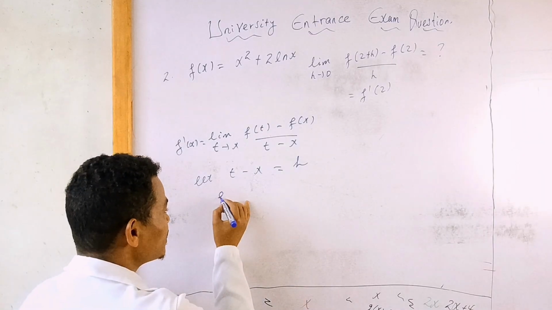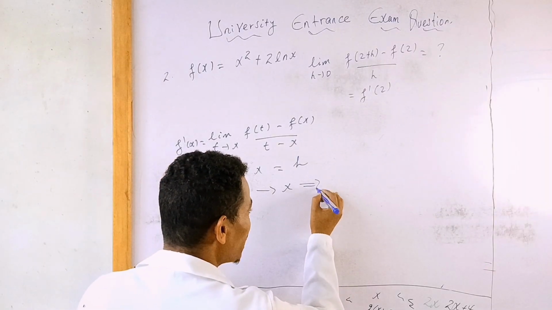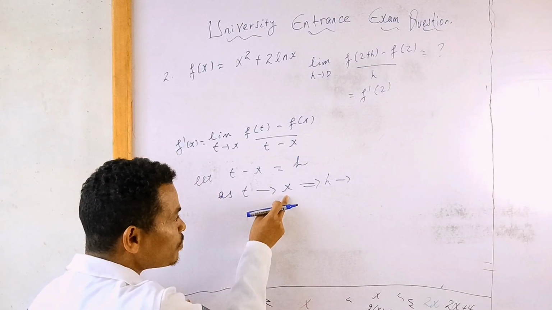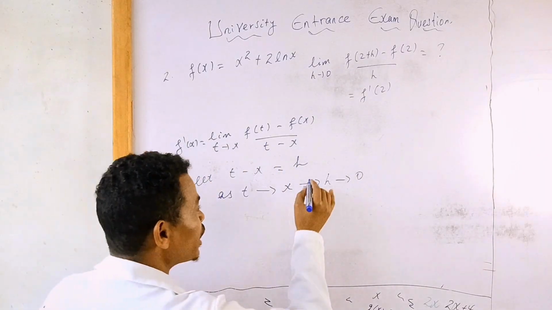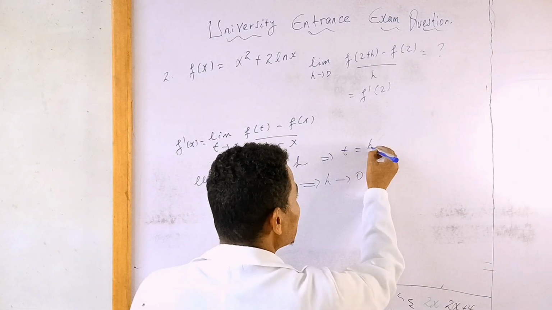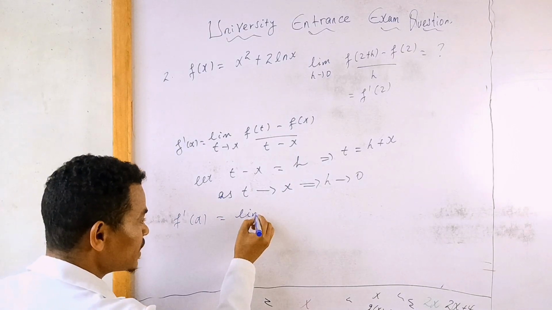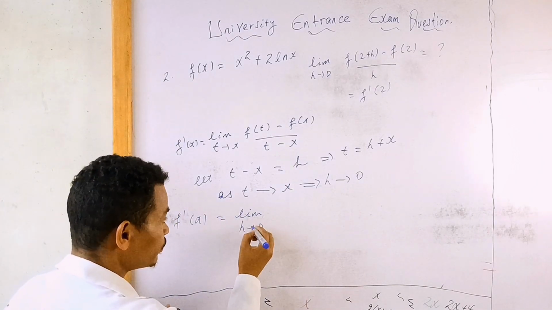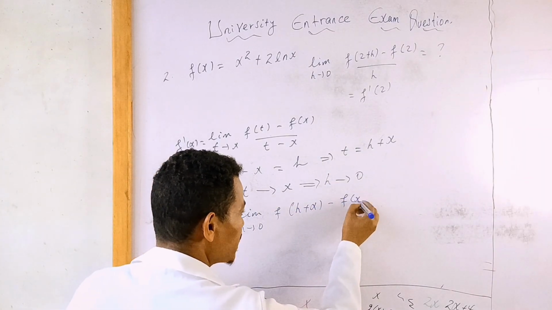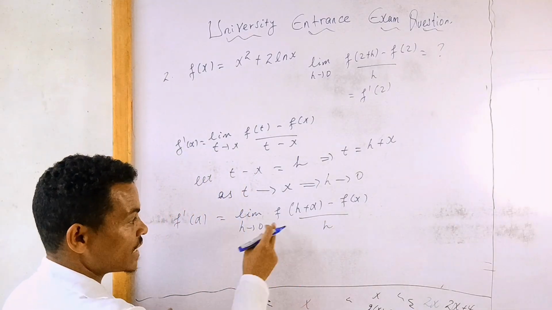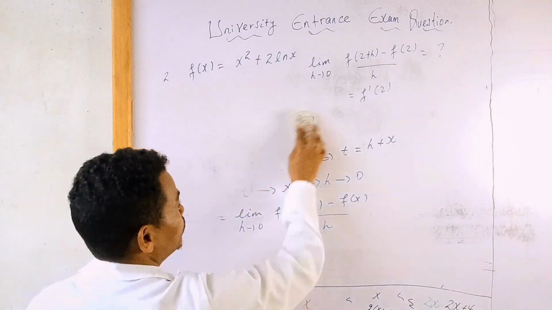Okay, as t approach to x, t ወደ x approach ሲያደርግ this implies h ወደ 0 approach የሚያደርገው, x minus x ነው የሚሆነው, that h approach to 0 ማለት ነው። And from this one t is equal to h plus x ነው የሚሆነው, that is f derivative at x is equal to limit h approach to 0 of f of h plus x minus f of x over h, which is the same as f derivative at x. ስለዚህ guys x እንደራ ማለት ነው 2 ነው ማለት ነው። So based on this, okay, based on this,